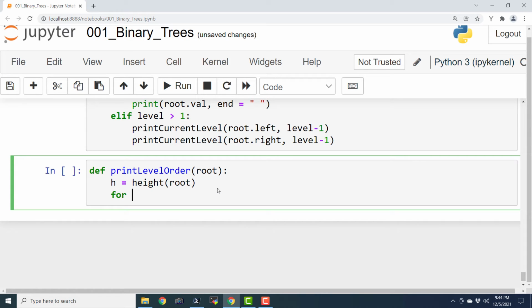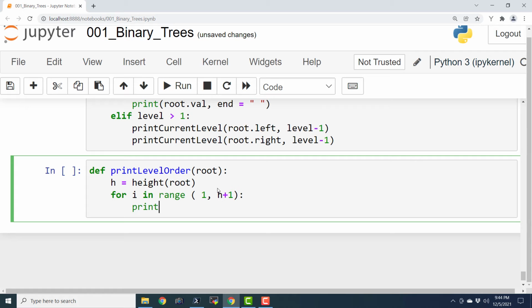And then we are going to say for i in range 1 comma h plus 1, printCurrentLevel, root comma 1.